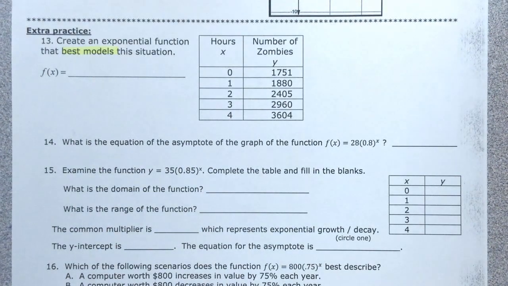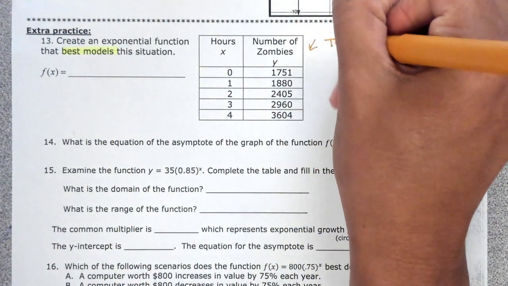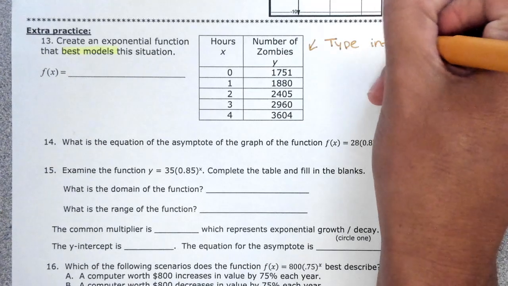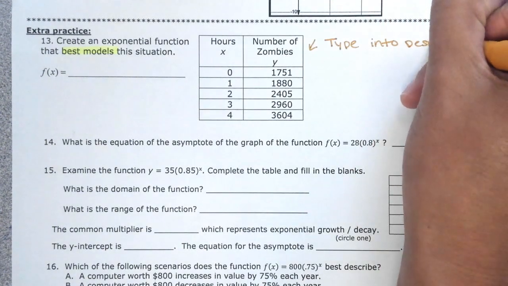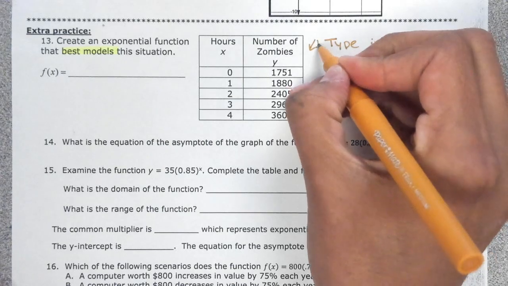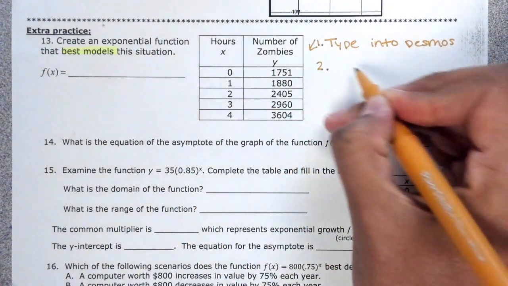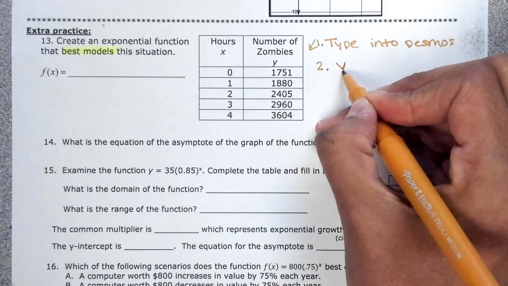Anytime you see best models, you're going to use a regression. So a regression means you're going to, step 1, type this into Desmos. So I'm just going to write out your steps here. You're going to type this into Desmos for step 1, all of the numbers, the whole thing. Then step 2, you're going to run a regression, so that's y1